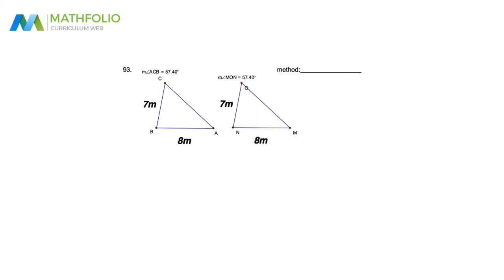Okay, question 93. Let's take a look. ACB is this thing right here. MON, this thing right here. So straight away we know we've got an angle matching an angle, both congruent. We also have 7 and 7 matching side and side, and we also have 8 and 8 matching side and